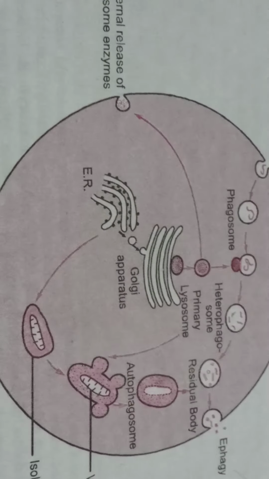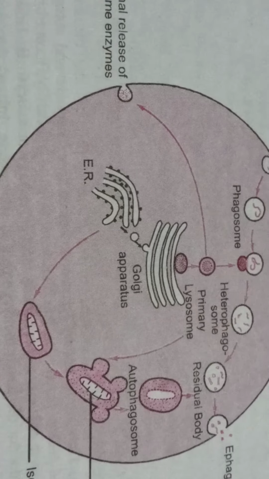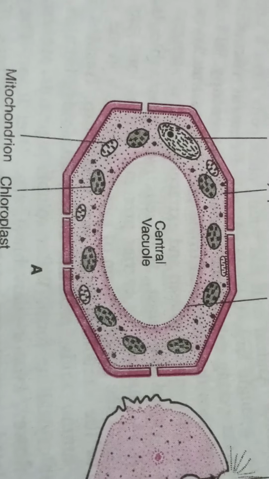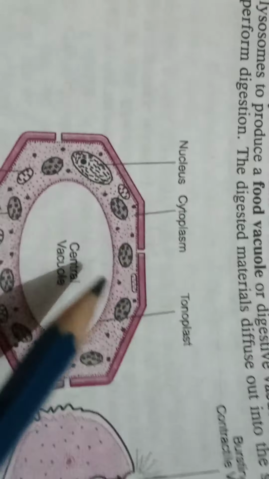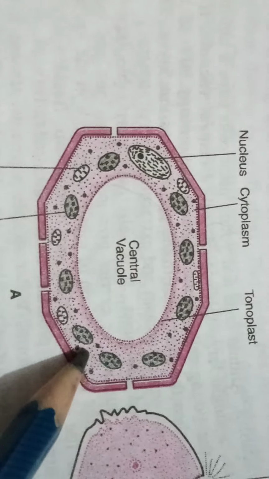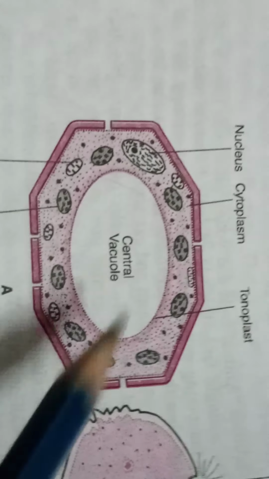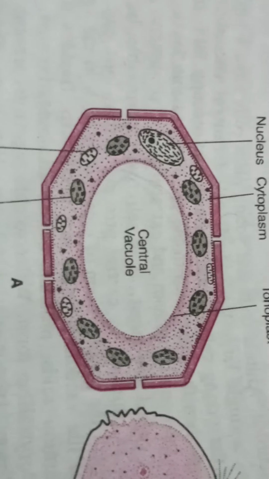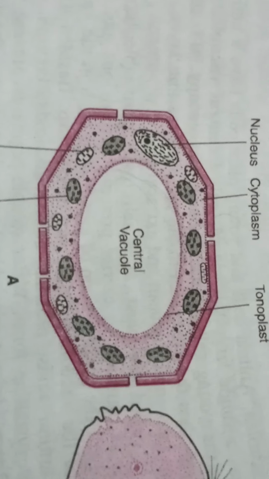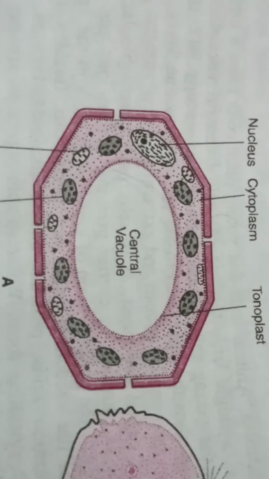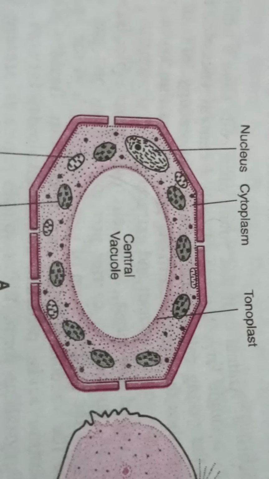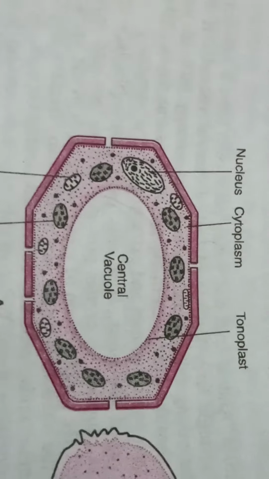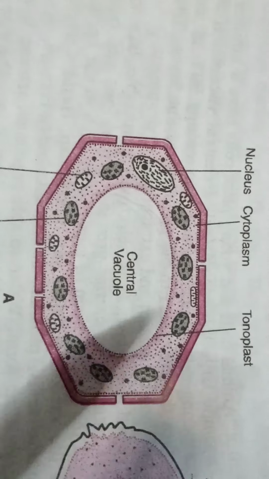Then the last one we come to is the vacuole. When we are talking about a vacuole, that means an empty space, isn't it? We are drawing a plant cell, and in between we are drawing a space like this with nothing. That is the vacuole. These particular vacuoles are of different types. Normally the unwanted or left out parts present in the cell get deposited in this portion.